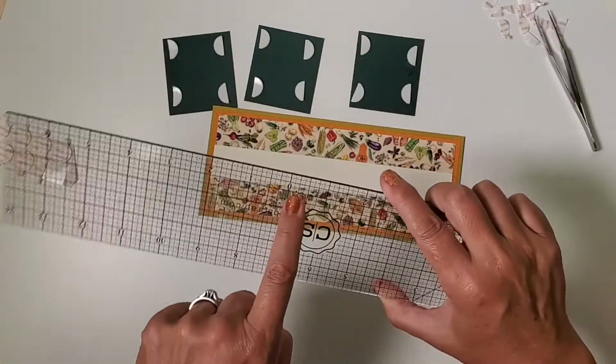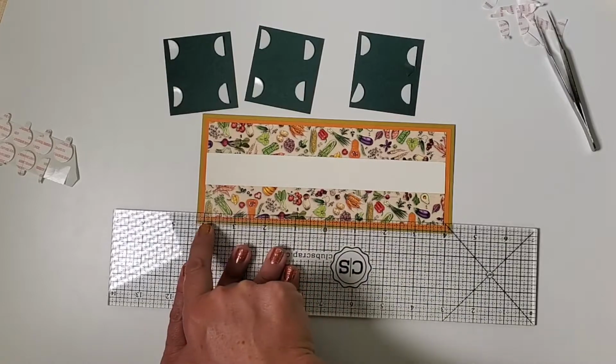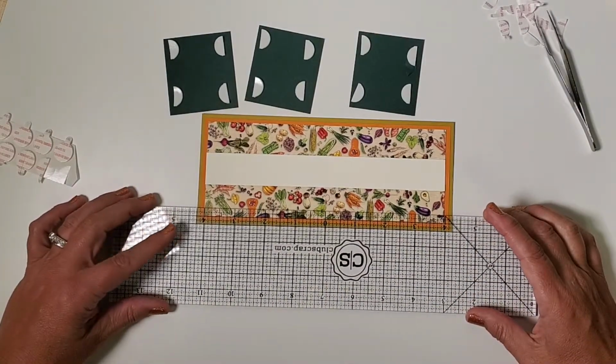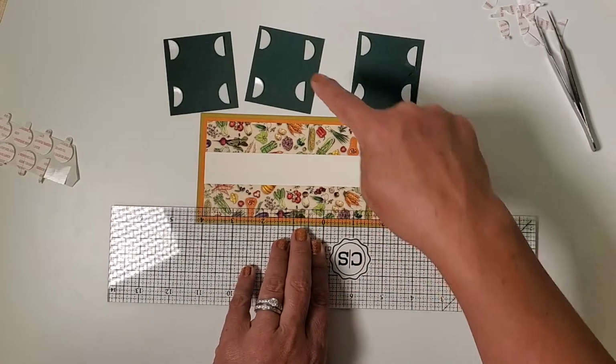Now I'm going to take the 0 center of my grid ruler and place it so that I'm looking at this veggie panel, and I want the number 4 to be the reading on the left and the right, and I want to be 2 cubes or 1/4 of an inch from the bottom edge of that panel. And now I know where the center is. So I'm going to take the center